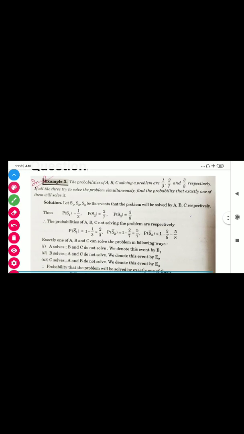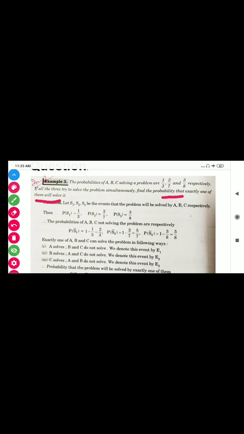Now students, we have the next question, number 3. The probabilities of A, B, C solving a certain problem are 1 over 3, 2 over 7 and 3 over 8 respectively. If all the three try to solve the problem simultaneously, find the probability that exactly one of them will solve it. Students, here we have 3 persons and they are trying to solve a problem, and if they try simultaneously, then we have to find the probability that exactly one of them will solve it. It doesn't matter who solved the problem,